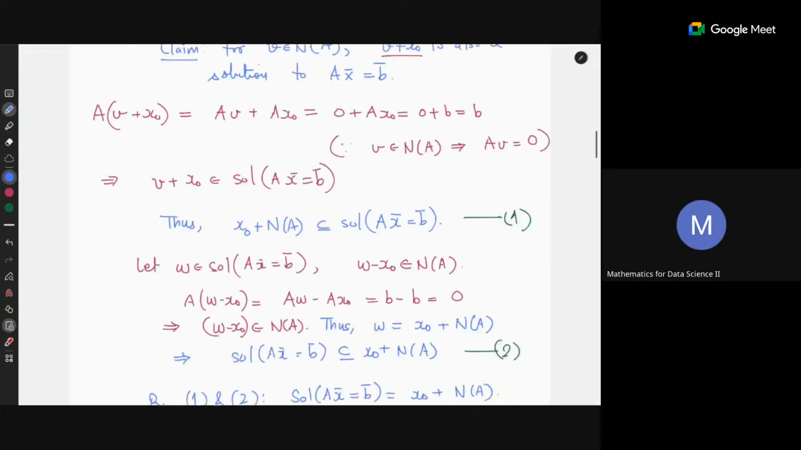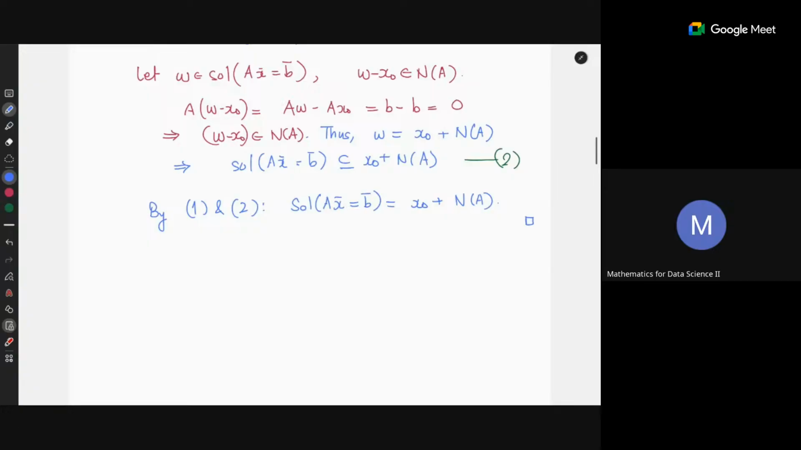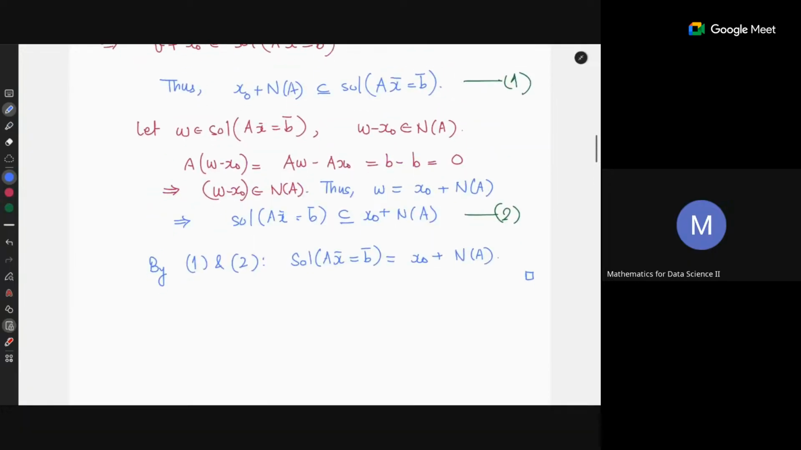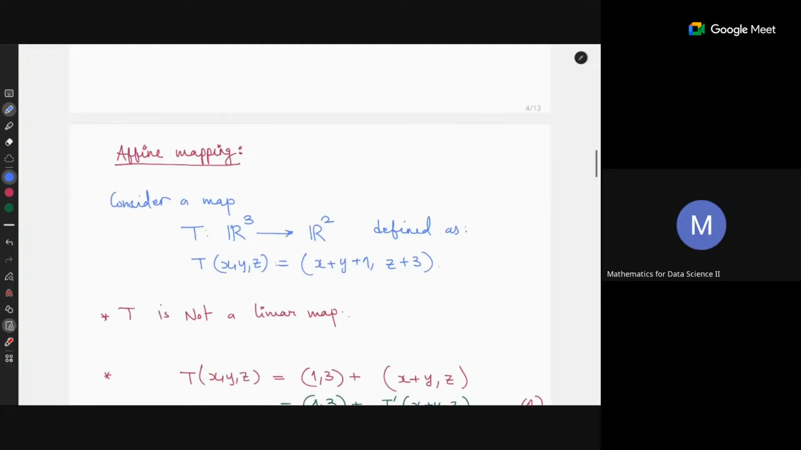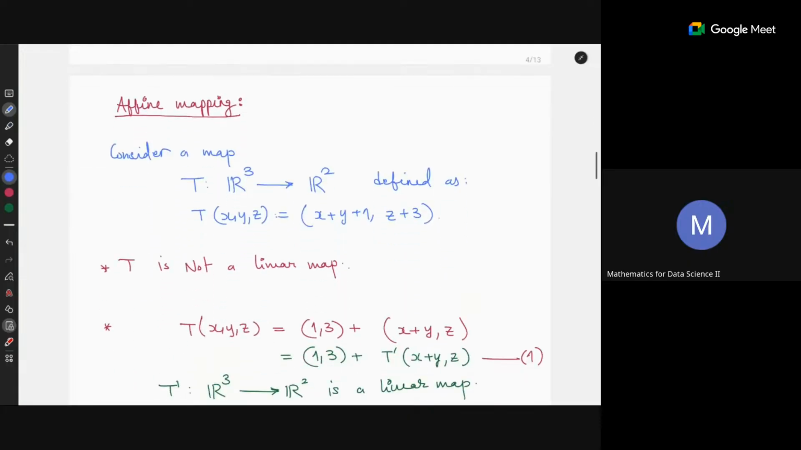You can similarly have an example where the nullity is non-trivial, and then you can have a shifted version of that. And by this, we have proved that the solution space is always equal to a shifted version of a null space. All right. Now let's move on to the next topic of today's discussion, which is the affine mapping. So similarly, like in the case of the subspaces, vector spaces, where you have a linear transform, in this case also you have something which is called the affine mapping. So let's start with an example, to make things